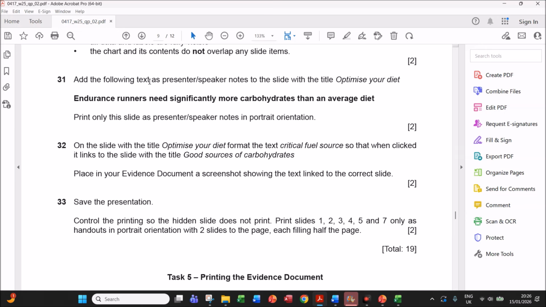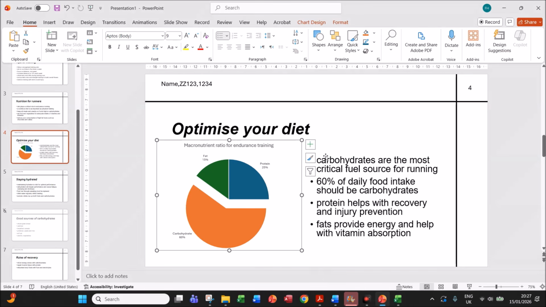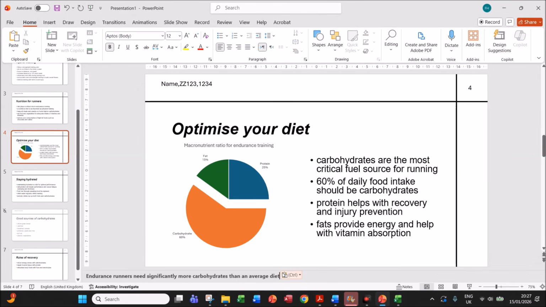Add the following text as presenter notes to the slide with the title Optimize Your Diet. So this text should be added as the presenter notes. So this is the required slide. You can click here, click to add notes, and then you can add the text. Endurance runners need significantly more